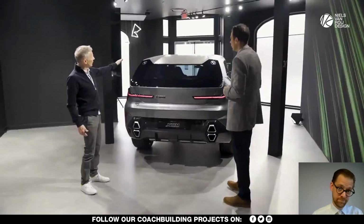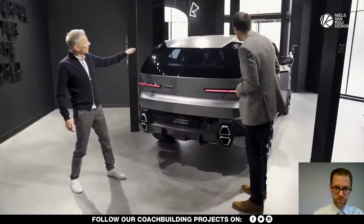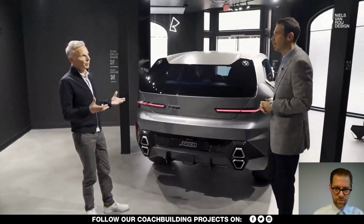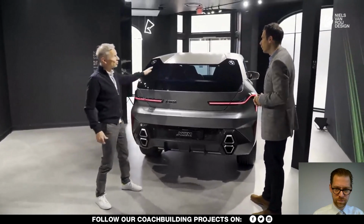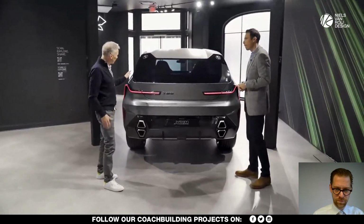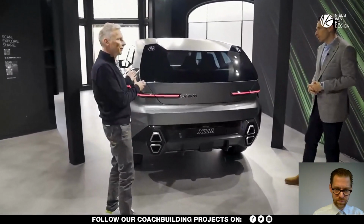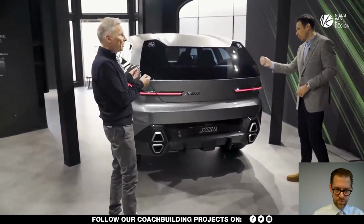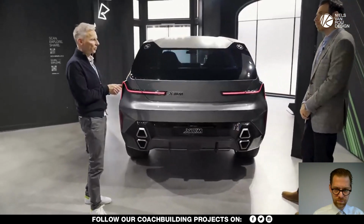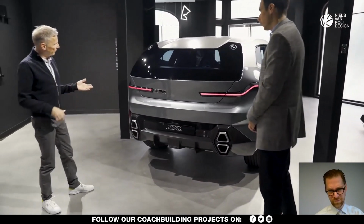So we have a kind of castellation in the roof. The outer parts of the roof are higher, and then the central part is slightly lower. This creates unique proportions and shapes, but it's also good for the airflow, for the aerodynamics. And as Frank explained before, the rear window is integrated in the rear volume of the car seamlessly, like on modern smartphones. And in addition to that, we have...